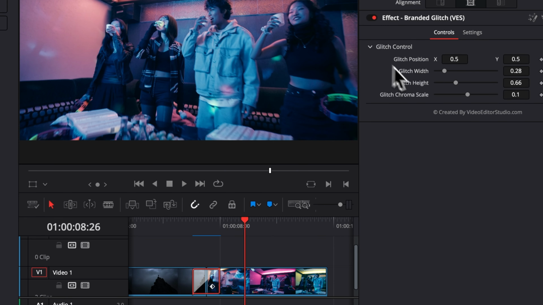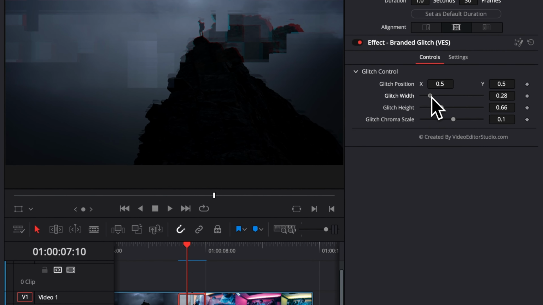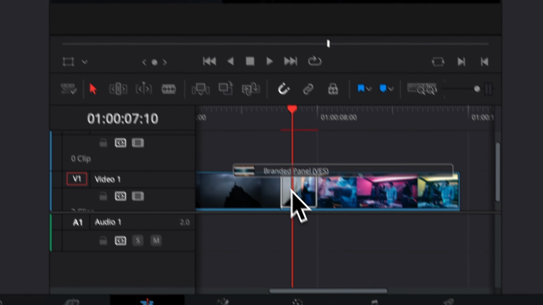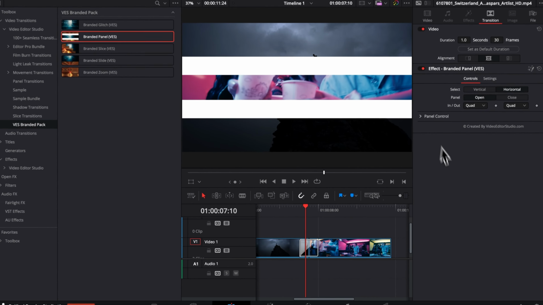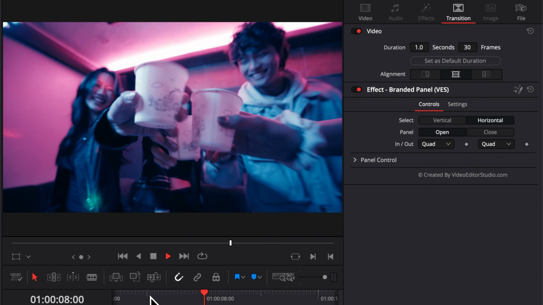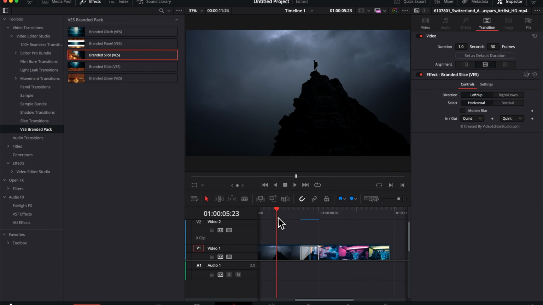You have a few controls here with the glitch to adjust the look of it as you want for the boxes. You can make them wider, change the height, change the chroma, etc. And it will be pretty similar for each transition. There is not a lot that you can customize because they are built to be very easy to use. So here we have this panel one, we have another one here that is sliced,